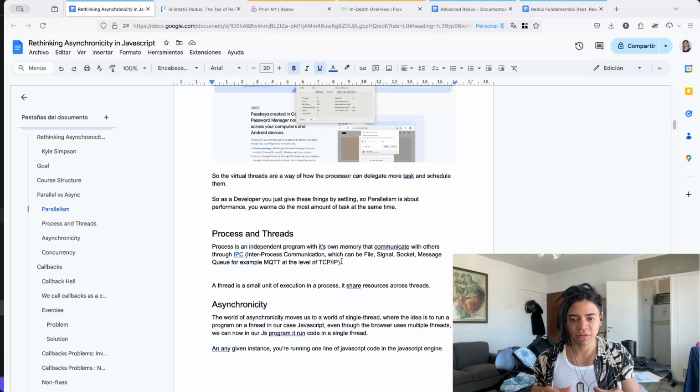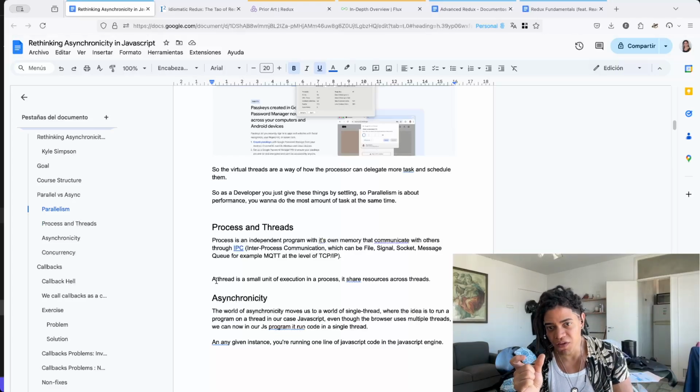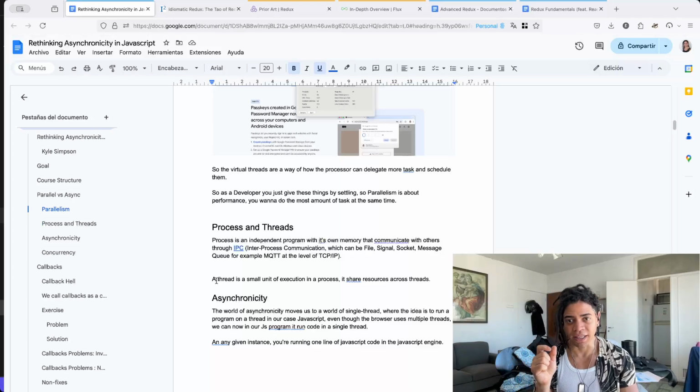So it is important to understand that all of these processes are just programs, like the browser. It's an independent program that has its own memory and communicates with others through IPC, inter-process communication. It can be files, signals, Unix sockets, TCP sockets, or a message queue as well. Whereas a thread is a small unit of execution